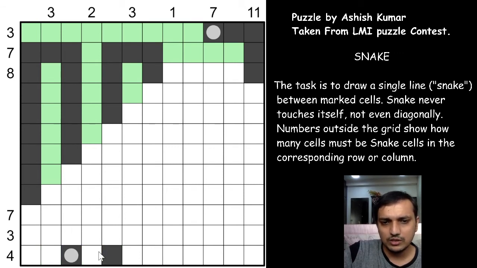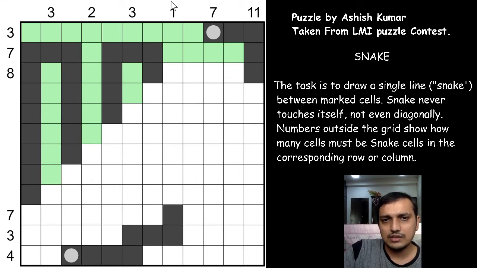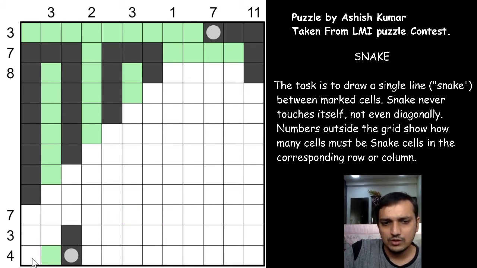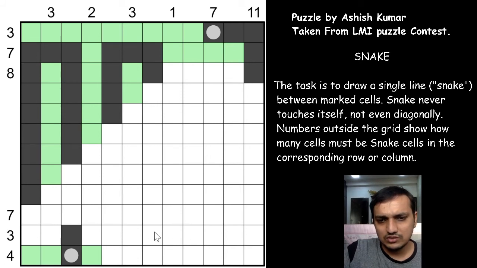Now if it goes this way, it will go up, and again for the 3, the same case is there. You will have all the 3 snake cells, because it cannot go up, you have only 2 snake cells possible now. So it will go towards the left and again go up, and this one is contradicted now. This one has 2 snake cells, right? So we conclude that this snake cell will go up and it will not go this way. Now what happens is, for this 4 we know that a snake cell will come down and go up. It will form a U, right?